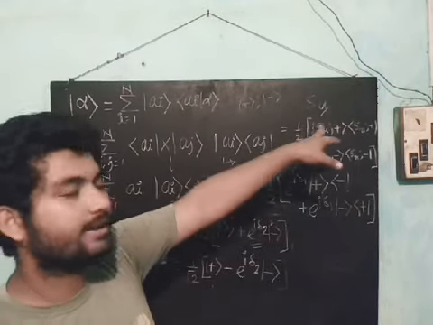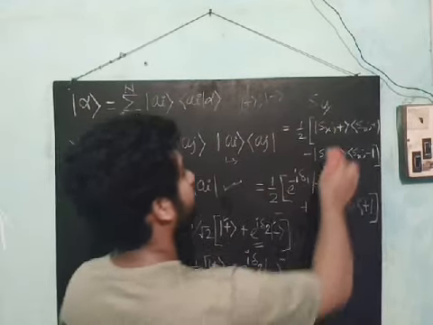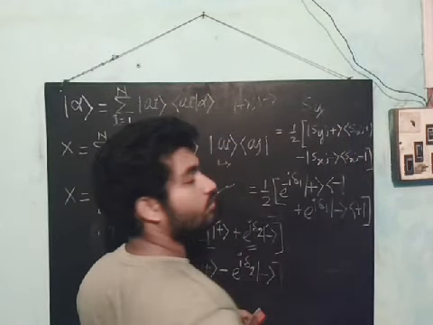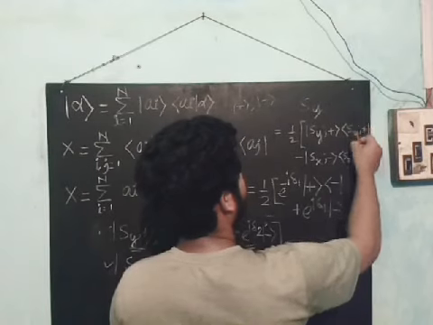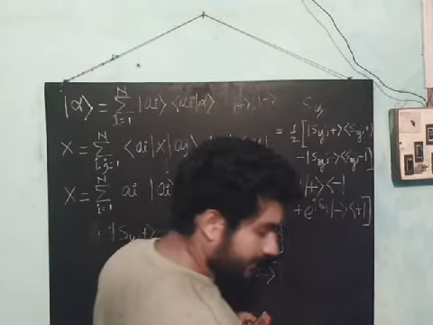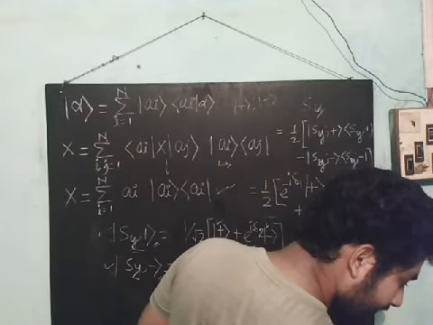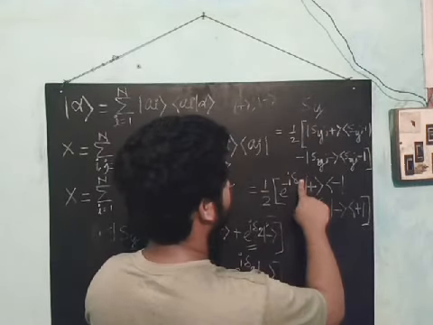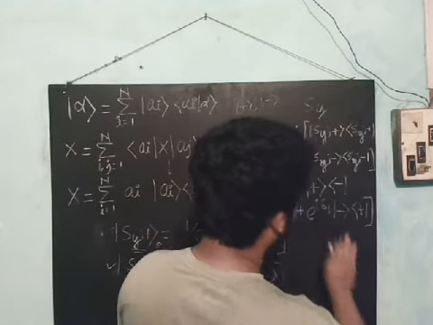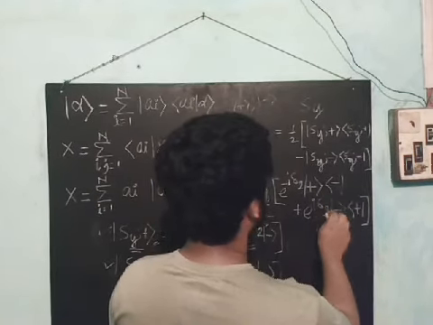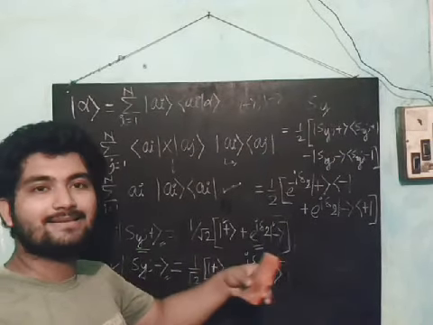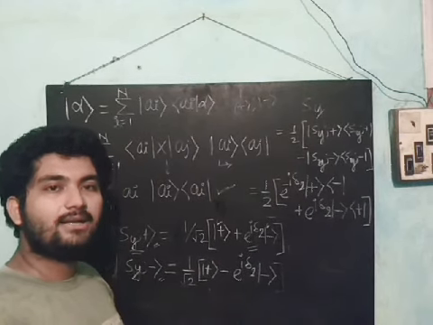And what will be the case for Sy? Similarly here it will be Sy, and Sy here will be this, it will be 2, and it will be also 2. So I got the formula for Sx, Sy and their basis.